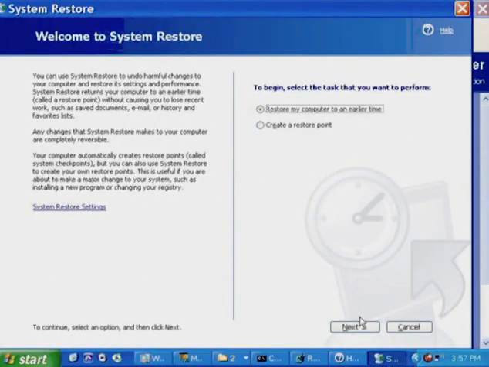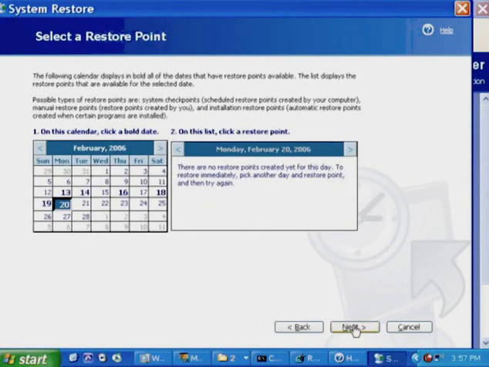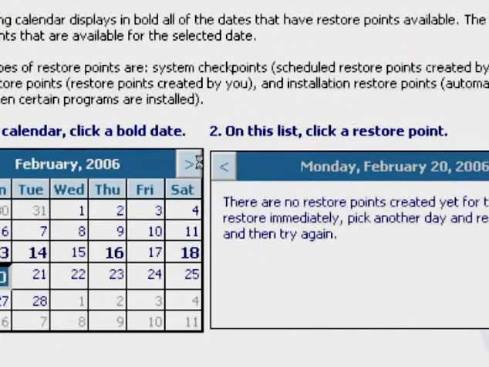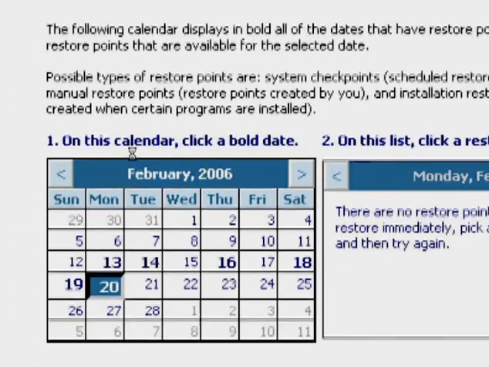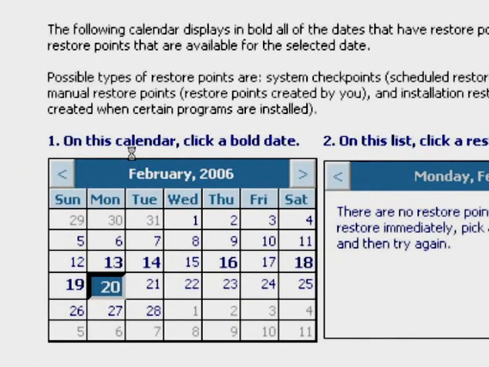So here's how I would if I wanted to take a manual snapshot at a point that I'm about to make some setting changes. Now let's go ahead and choose Restore My Computer to an earlier time, and don't worry, Mark, I won't actually do a rollback. If I click Next, now we can see a little calendar that shows by the days highlighted in bold the dates that there were restore points.